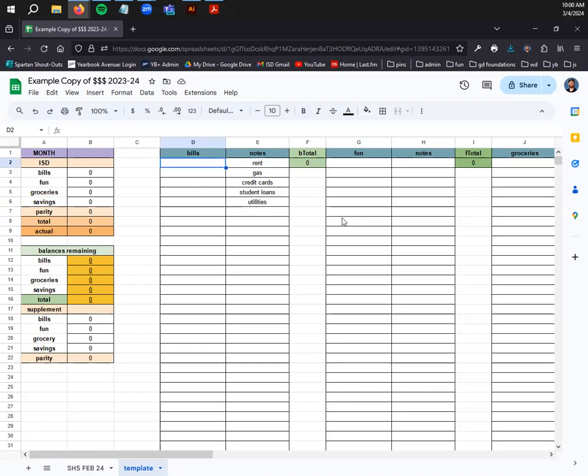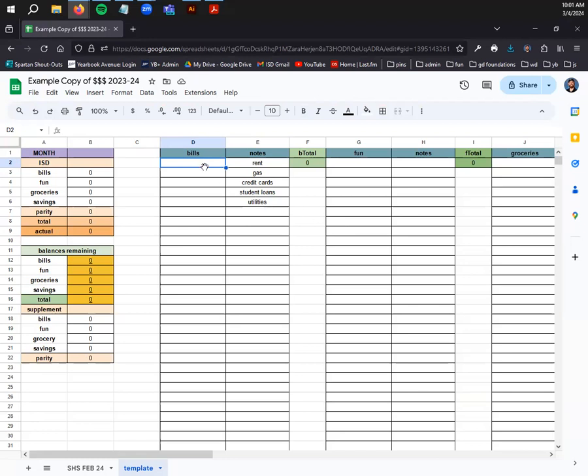All right, so if you don't pay rent, that's fine. Think about things that you do have to pay every month. Most likely your subscriptions, putting gas in your car if you drive, putting money on your Orca if you take the bus. Oh wait, you guys are under 18, your Orca's free, never mind. Just think about things that you know you're gonna spend money on every month that aren't in the fun, groceries